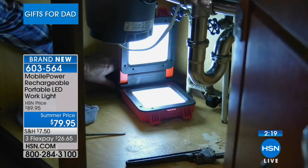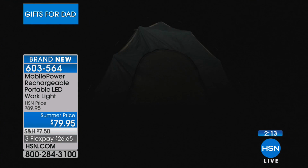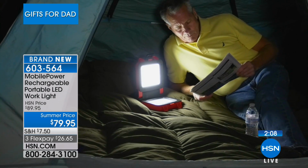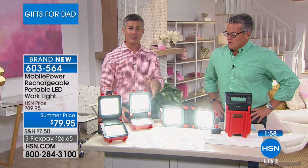So if we go through everything again, 3 light settings, over 1,500 lumens. If you think about your normal flashlight, you grab that pretty decent flashlight, it might be 100 lumens. Maybe even 200 lumens would be a very bright flashlight. With this, that doesn't weigh a lot, it's easy to hold in your hand, it's easy to put down on the table. Over 1,500 lumens. That is an extremely bright light, and you don't have to worry about those batteries because